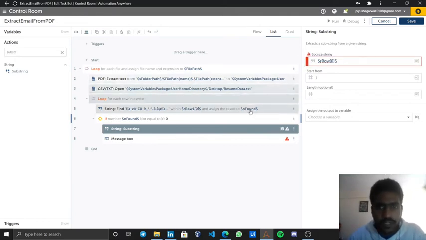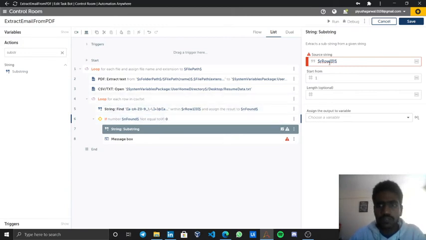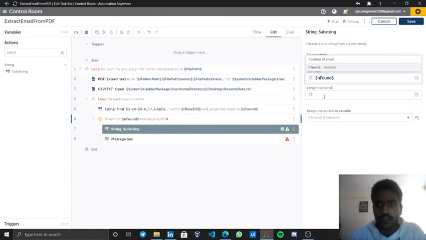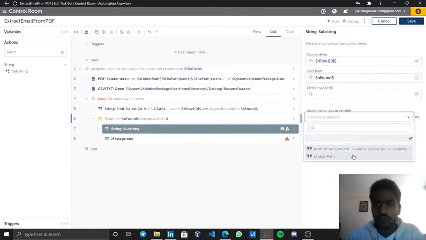Okay, it's giving me an error. Why? Okay, it's row 1. Cool. Now start from, it should start from where the index is found, so that is n found. I don't know what would be the length of an email, and assign the output. So let's say we can use a prompt assignment for testing purposes, though in production, if you're using similar techniques, don't use it.